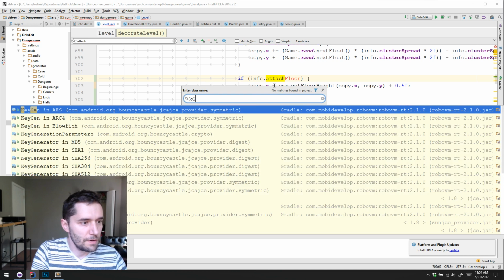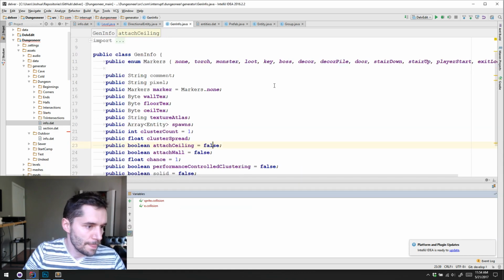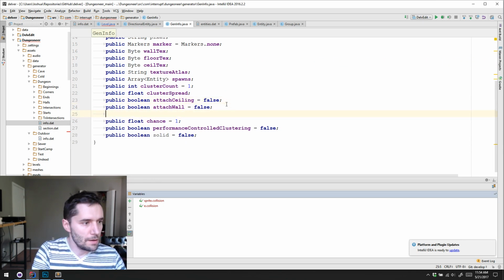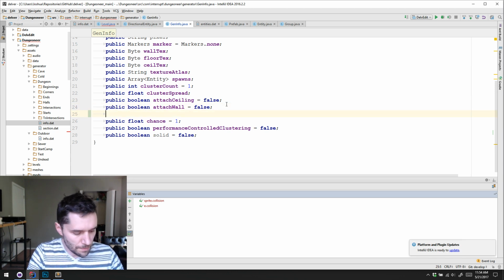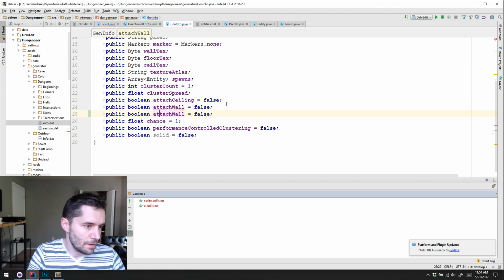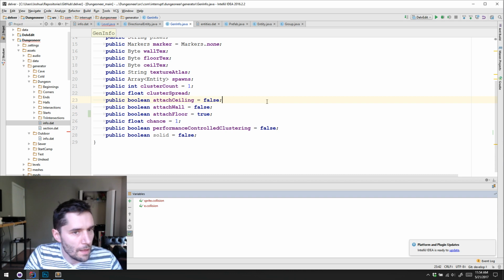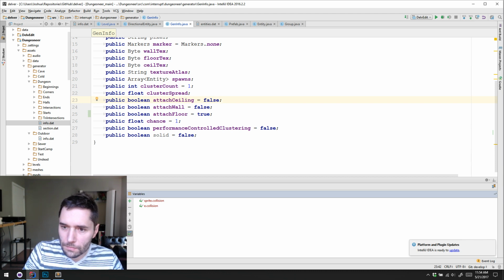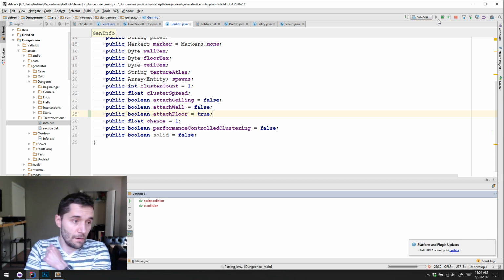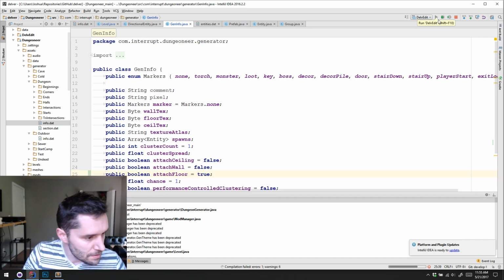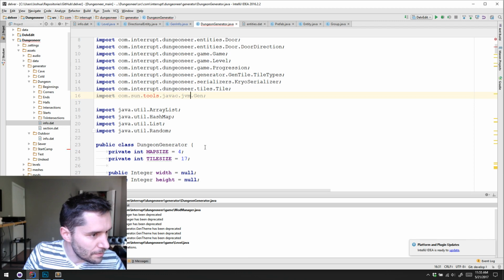So let's go to GenInfo. Attached wall, and actually let's just do the attach floor. That defaults to true to preserve legacy behavior. I think that's it. Yeah, that should be correct. Let me just run Delver Edit. We're not going to see any of this. I could at least see if I'm